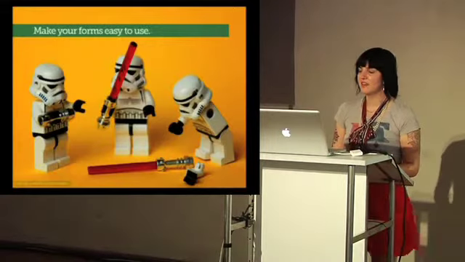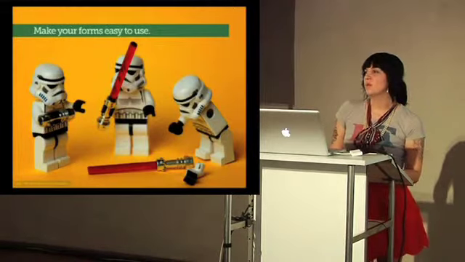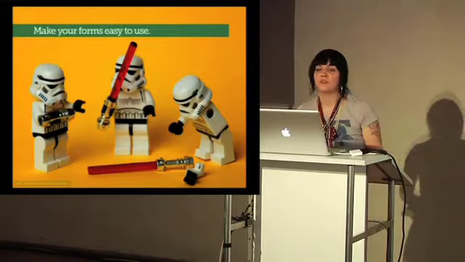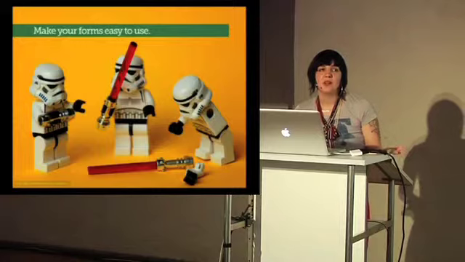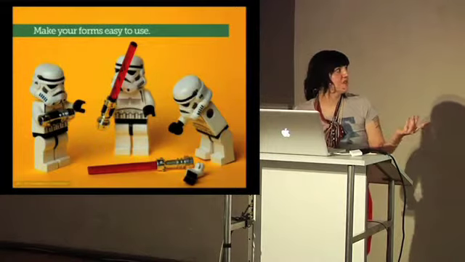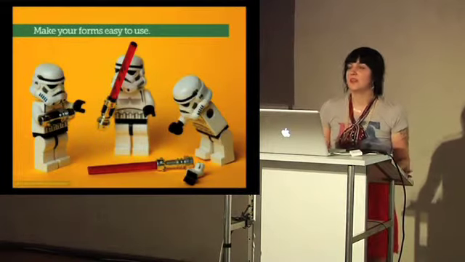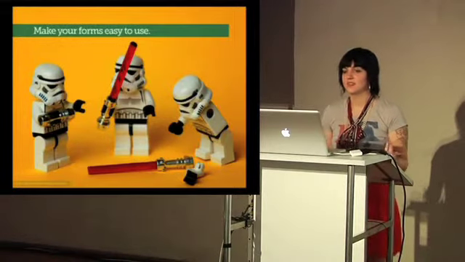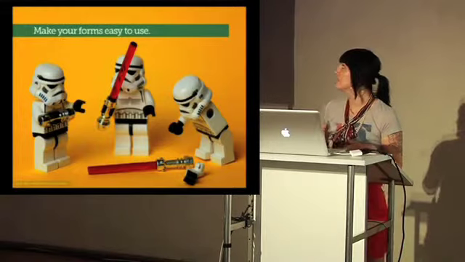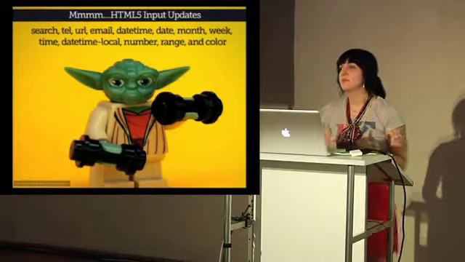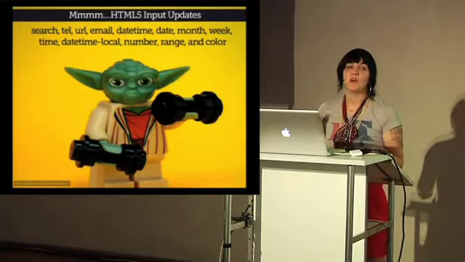Sometimes it's a little bit of double work, but an example of this is making your forms easy to use. The WCAG 2 guidelines state that you should help users avoid and correct mistakes. One of the ways that a user majorly interacts with your website is filling out forms, and there's a lot of room for user error. You can use JavaScript to help with some of this with client-side validation. But in HTML5, there are some really neat new type additions that will hopefully take some of the burden off of JavaScript.